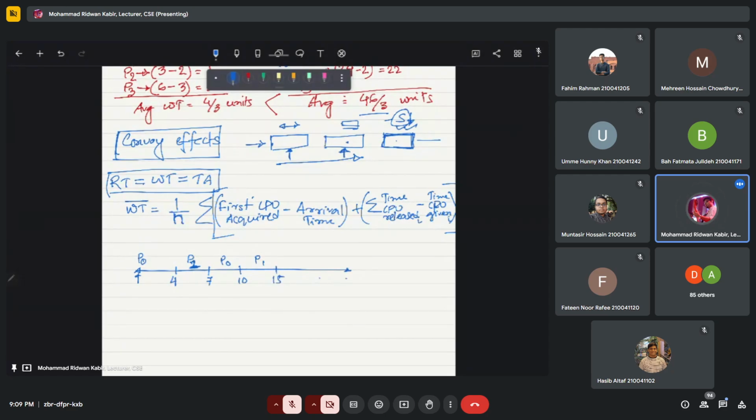So if I try to relate this formula with this scenario, for P0, the waiting time would look something like this. The time when it first acquired the CPU was 0, and it arrived at 0. And given that we consider this to be a preemptive algorithm,